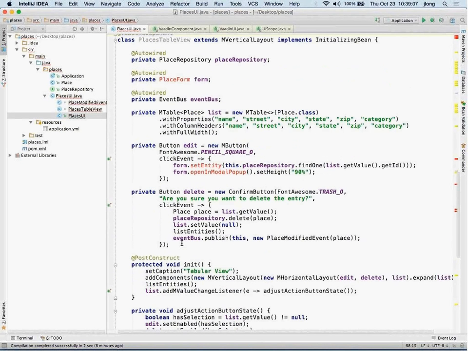Thank you. So initially what we do is that we auto-wire our place repository, meaning the repository into which we stored our information about these mentioned restaurants. And we, for example, also auto-wire something called place form. So this is just another component in Vaadin that we've extended to display an editor for one single place. So we auto-wire that into the view, as well as an event bus